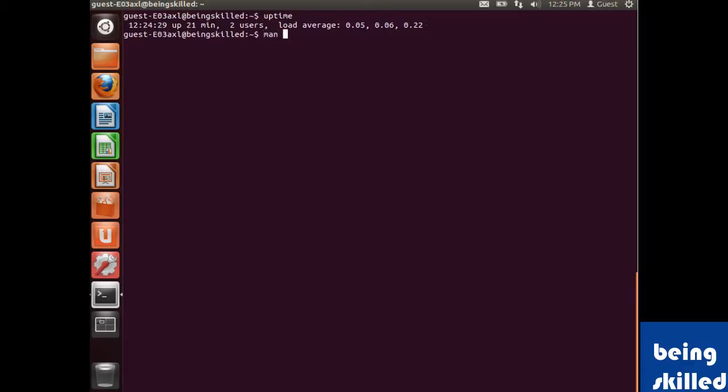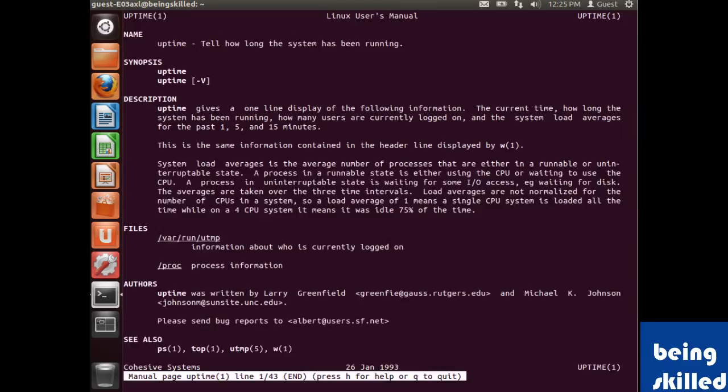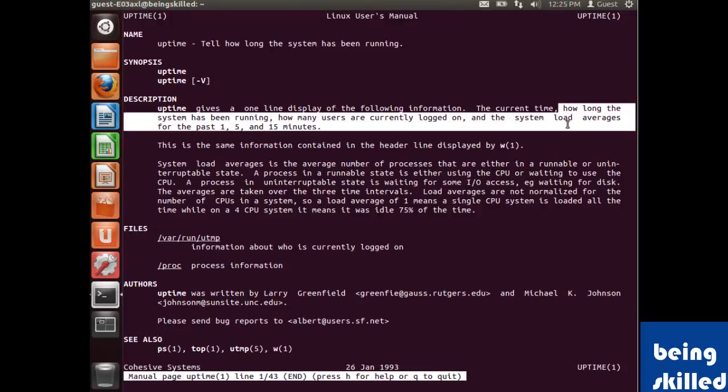To know more about it, we can read more by using the man command, and this is how it looks. It tells you for how long the system has been running, how many users are currently logged on, and the system load average for the past 1, 5 and 15 minutes.